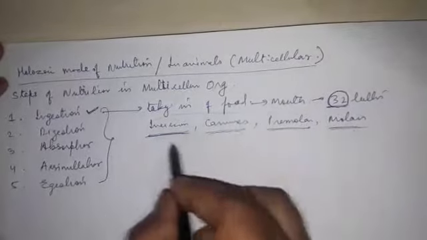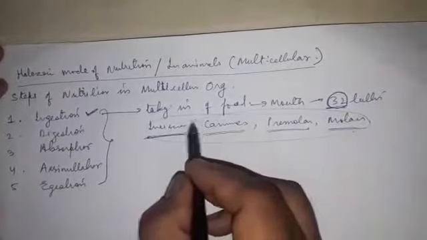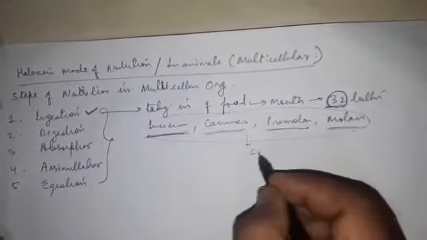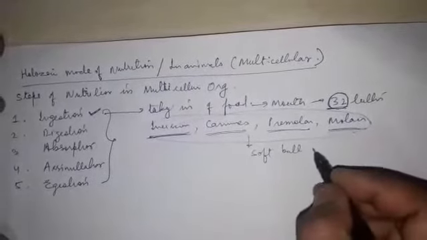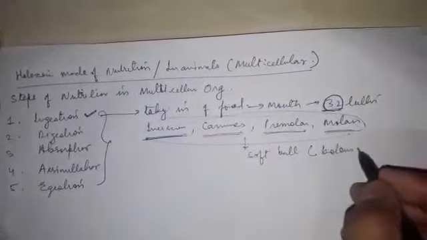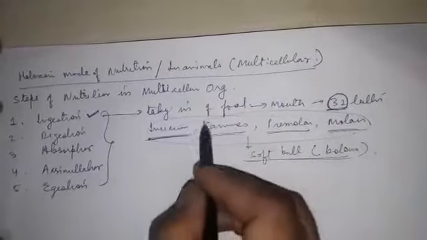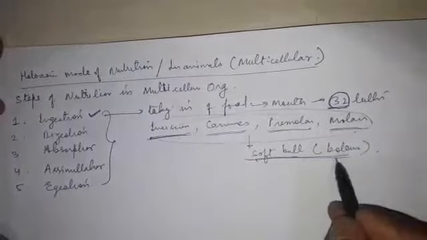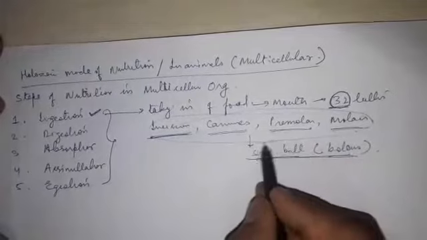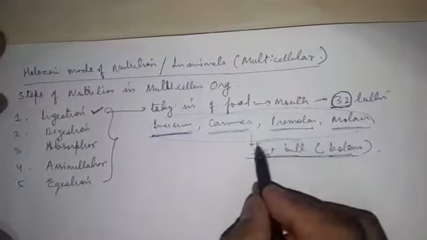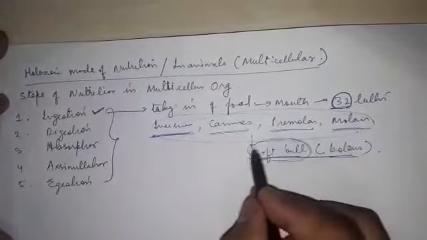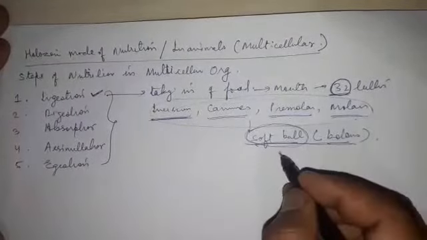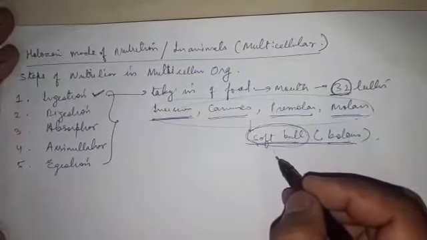When these 4 different types of teeth act on the food which we take in our mouth, the food gets converted into a soft ball, which is called bolus. Why has it been converted? It has been converted so that the food should not damage the esophagus, because the food has to be pushed down into the next part, that is our esophagus or food pipe.